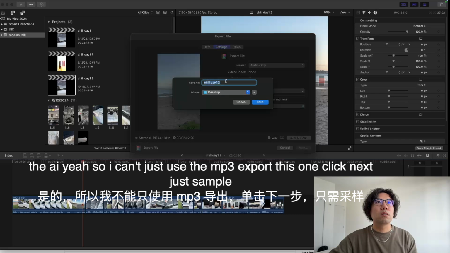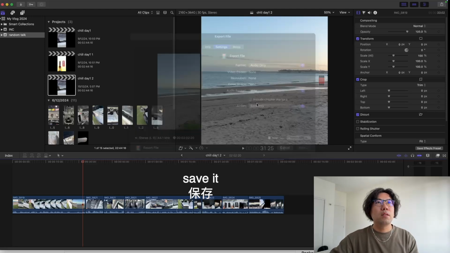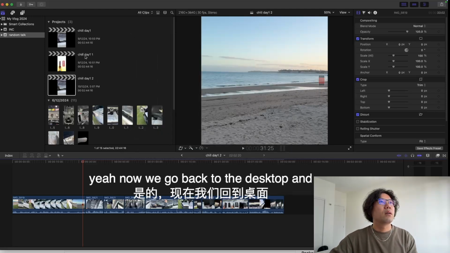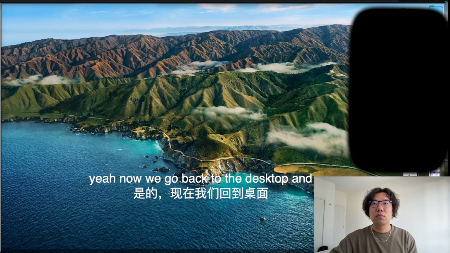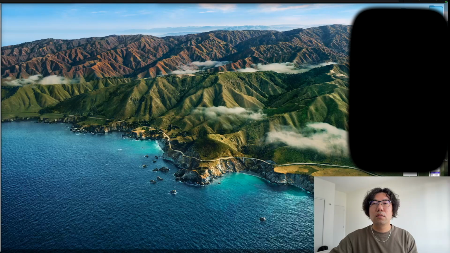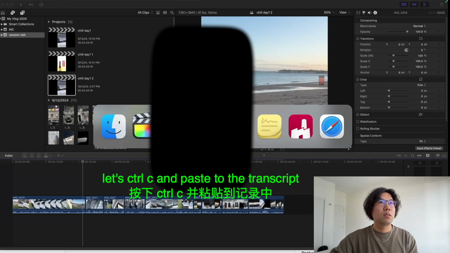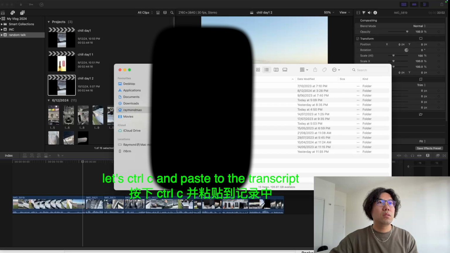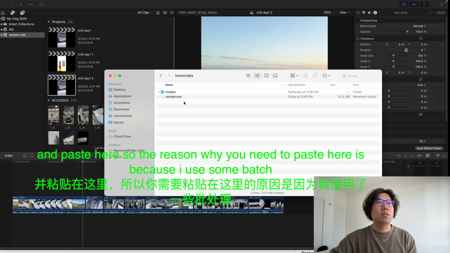Click next, then save it. Now we go back to the desktop, copy it, and paste it into the transcript folder. The reason you need to paste it here is because I use some batch commands